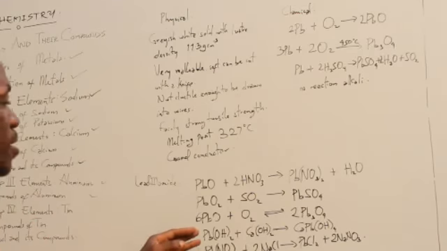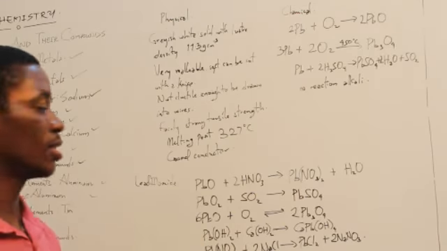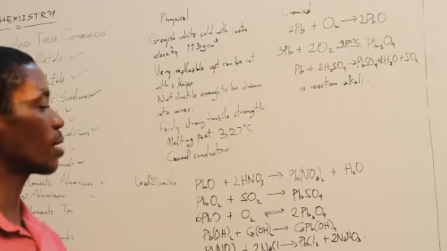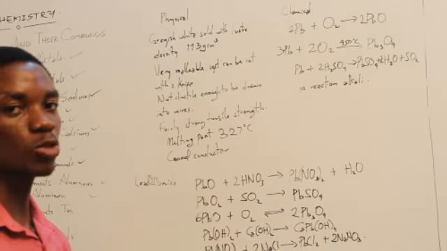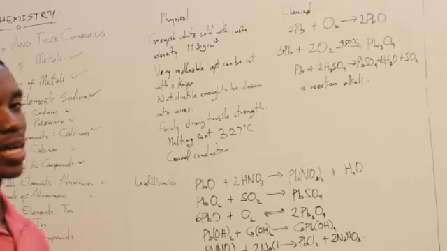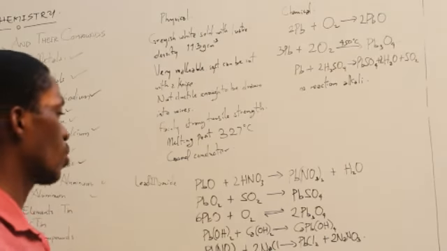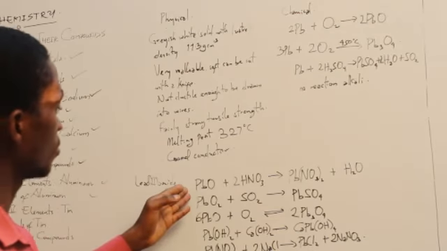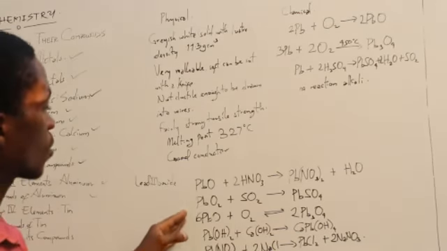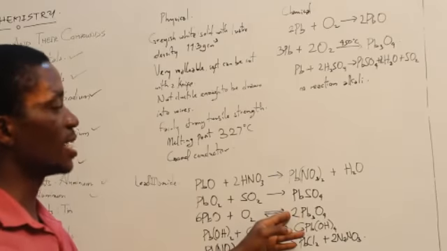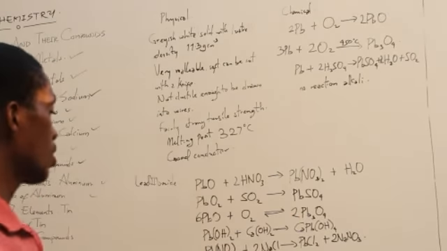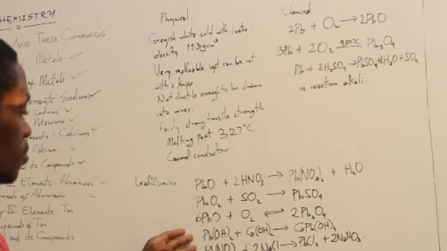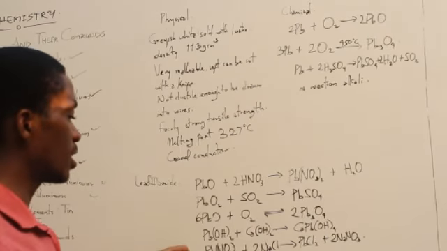The same thing with lead hydroxide. It reacts with other bases to form stronger bases, and reacts with acids to form salts and water, of course. So we have the lead 2 oxide, the lead 4 oxide. We have the dilead 2 lead 4 oxide. We also have the lead hydroxide, the lead nitrate.